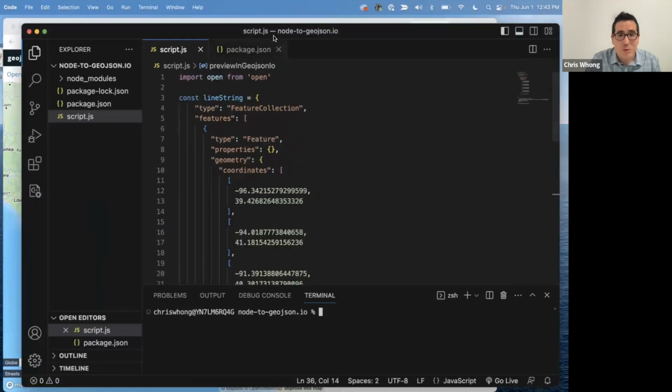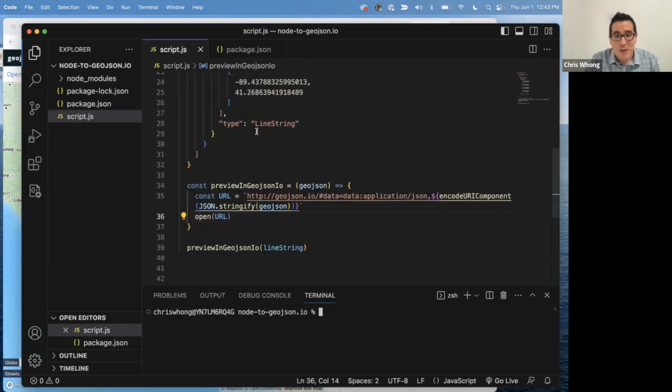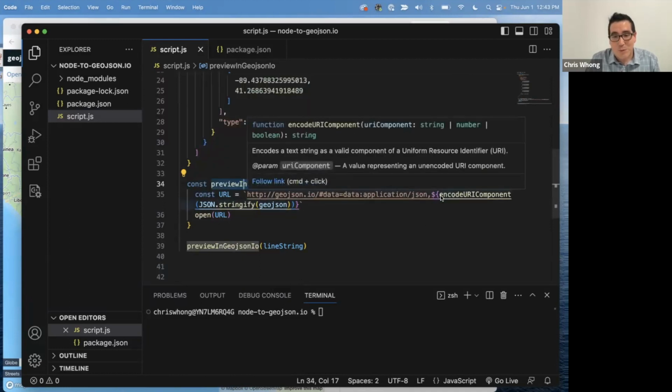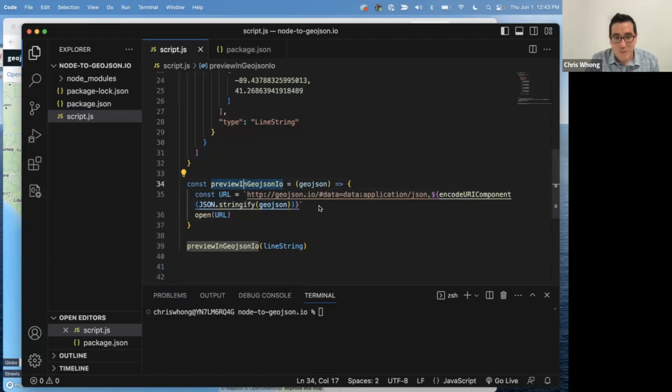Yeah, so I have a little Node script here, and I want to show you how this works. In here, I have a line string, and I'm basically going to show some very basic spatial data processing, and I'm going to use Turf to modify this line string. I've written a little function here that just says preview in GeoJSON IO, and all it does is take my GeoJSON, stringify it first, and then pass it through encodeURL,